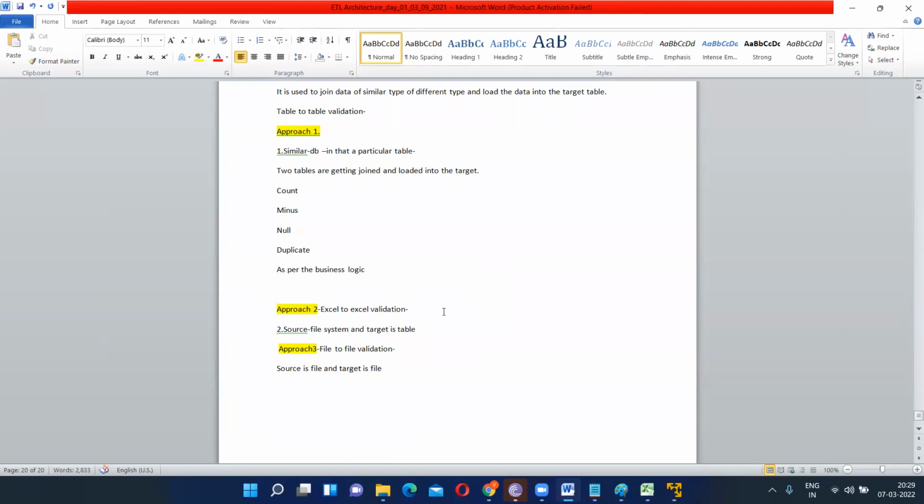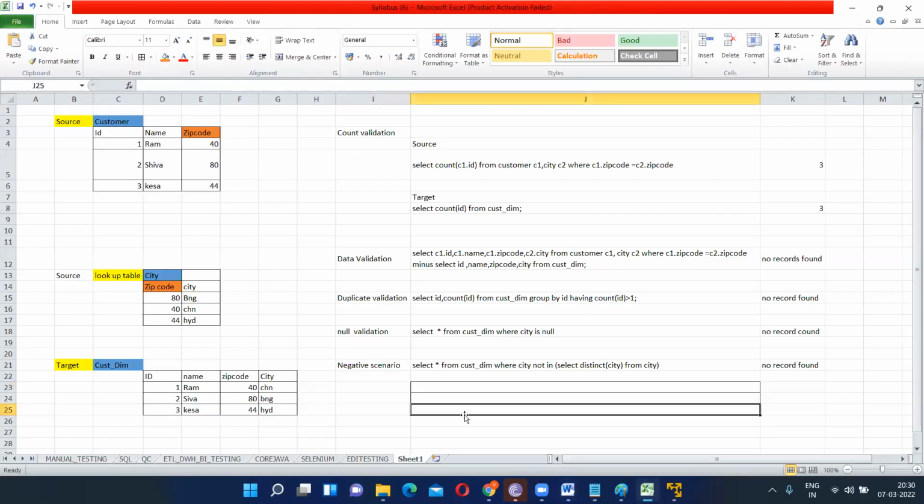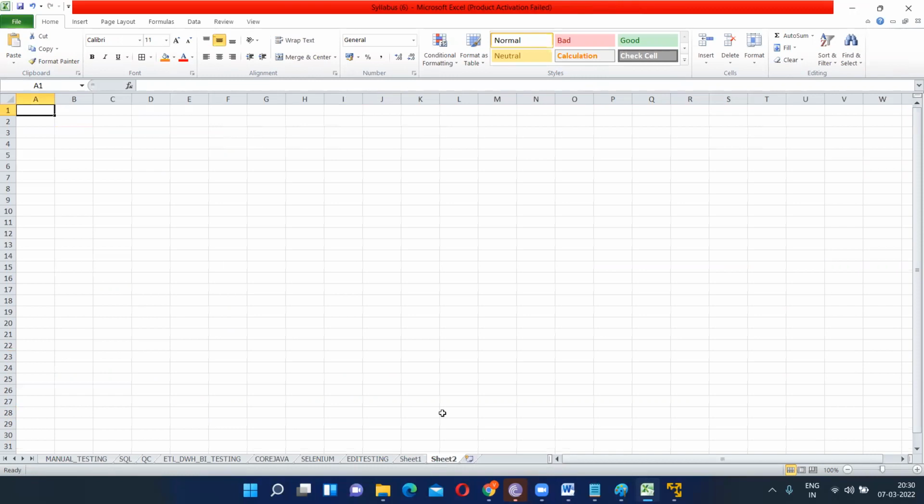Now here the next approach is, guys, this is very interesting. Source is an Excel and target is also an Excel file. How to validate? Fine. Let us just see. Source to target, Excel to Excel validation. So now what we will do is,